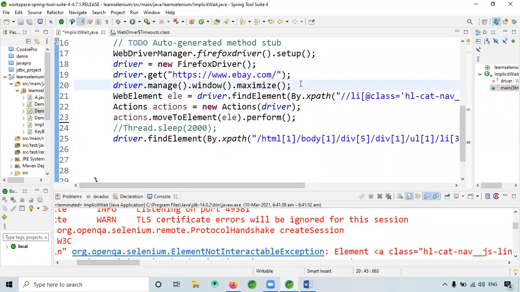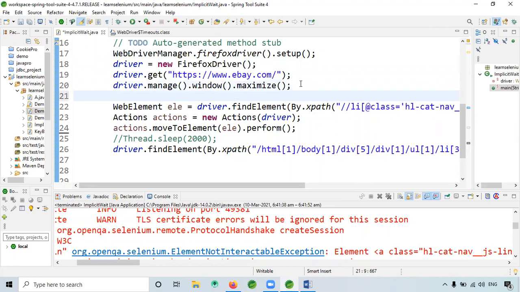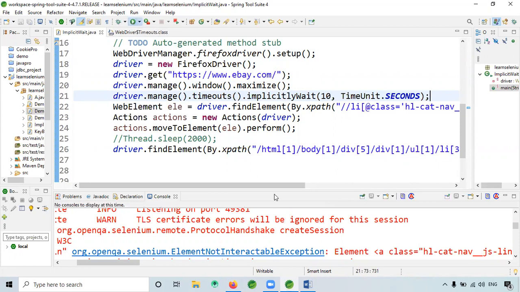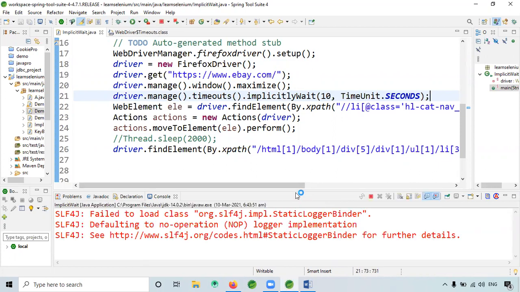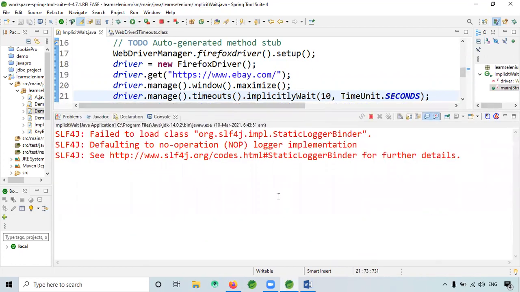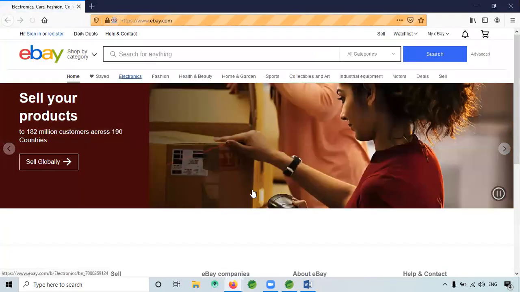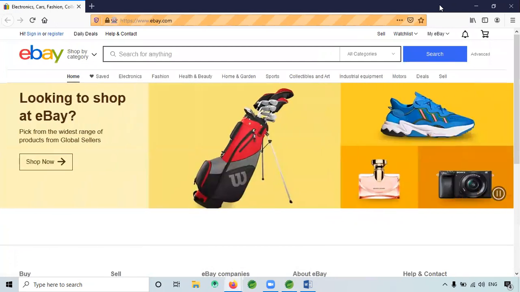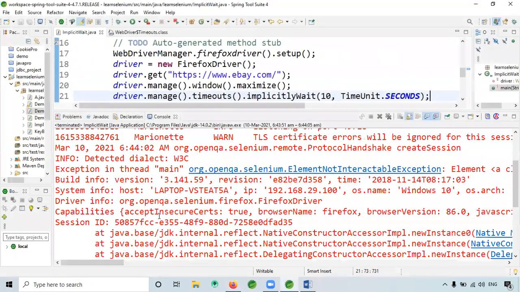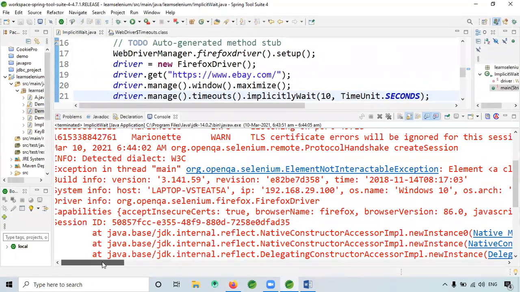For 10 seconds. Maybe I have to put it here, I think. Sorry, by mistake I did it. Okay, so anyway, some error is coming.